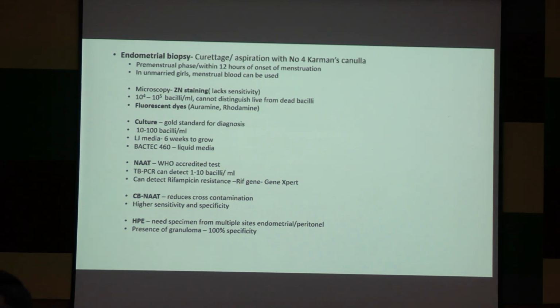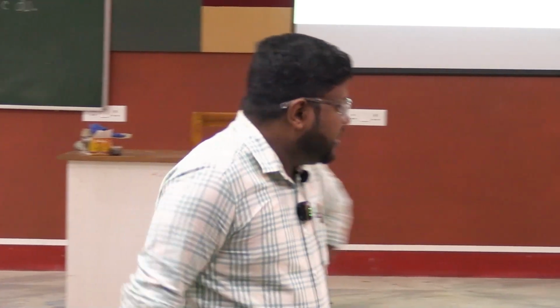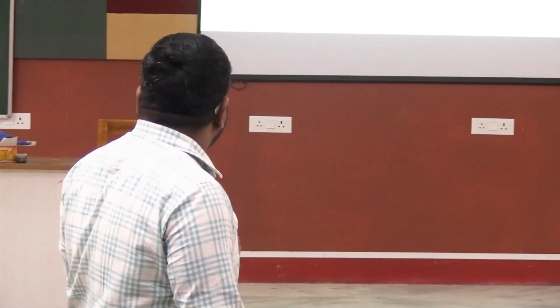We have to do an endometrial sampling. আমি কি বললাম, most commonly it involves the fallopian tube, next it involves the endometrium. Fallopian tube থেকে কোনো sampling করা যায় না. We cannot take any samples from the fallopian tubes because it will damage the tubes. My main concern is keeping the tubes intact for preserving our fertility. So any sample I want to take from the fallopian tubes will damage them.